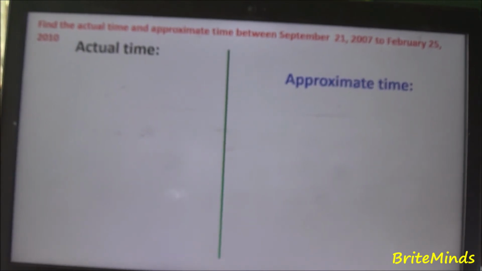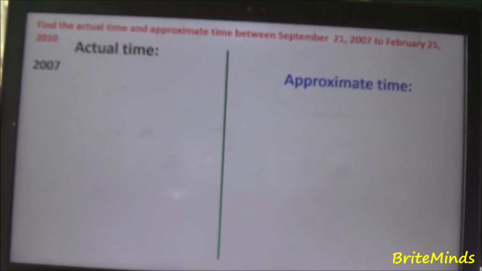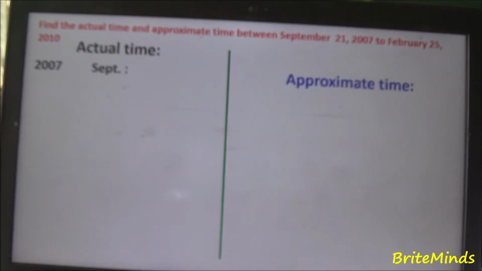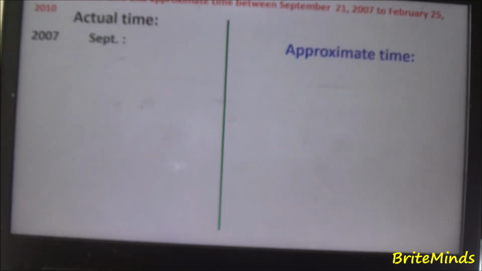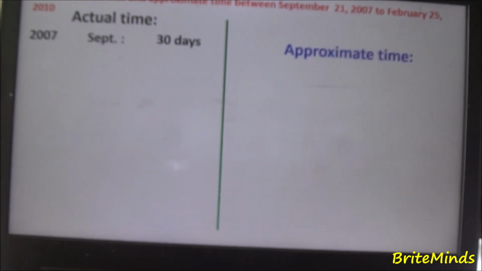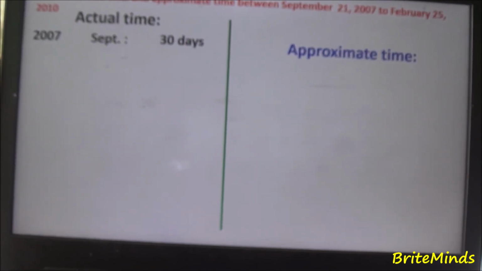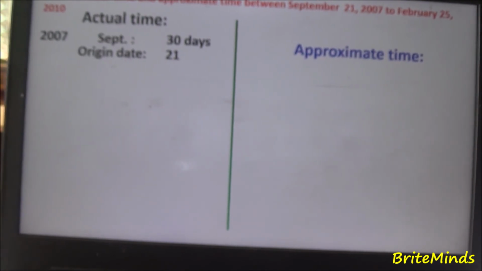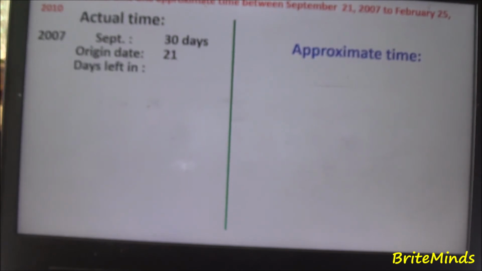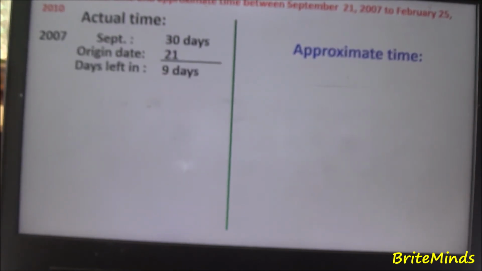So 2007 is the year, and then the month September, and September has 30 days. And then the origin date is September 21. We subtract the origin date 21 from 30 days, so the remaining days for the month of September is 9 days.